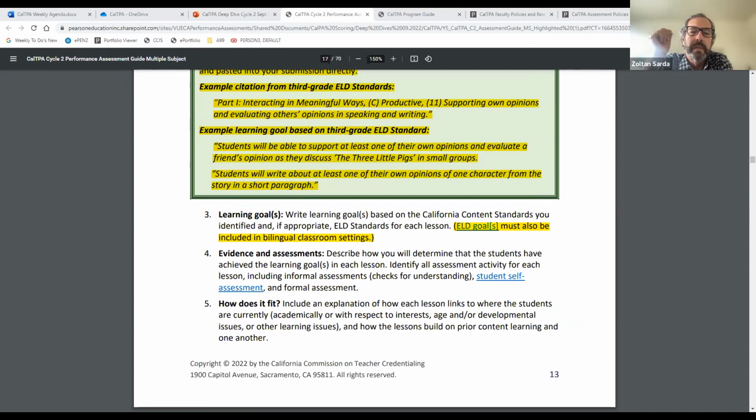Okay, also highlighted here, ELD standards and goals must also be in bilingual classroom settings. And we talked about this a little bit before. Also in the program guide, there's some information on things like translanguaging. The reason for this is that even if a candidate is a bilingual teacher, their credential says that they are certified to teach English language development as well as whatever subject area that they're teaching, and that bilingual